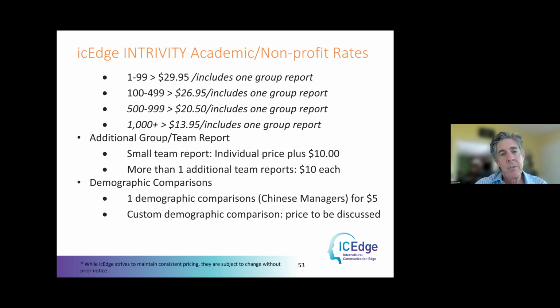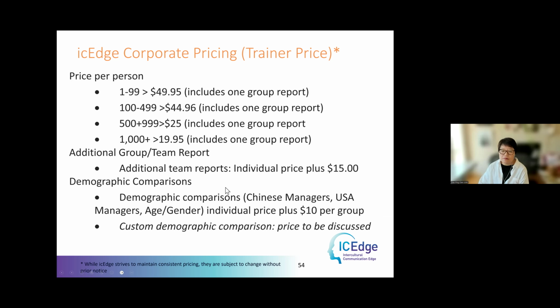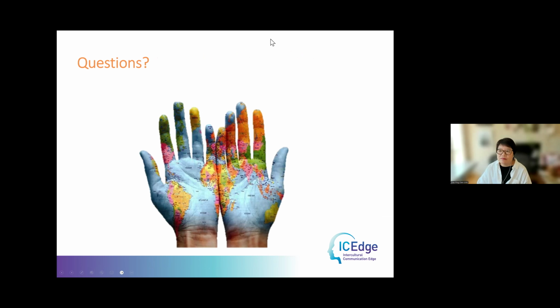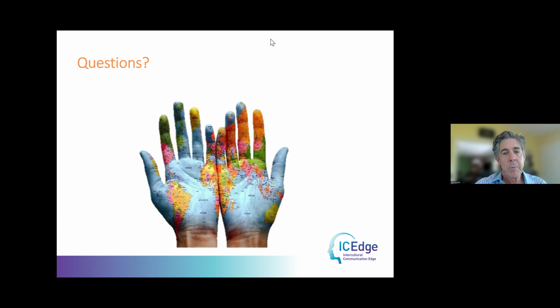Is it for corporate? Yeah, this is the corporate rate. Okay. And so I can send those out after. One thing I do want to say that's not on the slide is that there's various pricing options. One is that we can invoice you. The other is that the students can pay themselves. A number of universities do that, where they take the survey and then the students pay the fee, and then they receive the report. You could also just pay with a credit card, and also through the bookstore. We've also been working with bookstores.